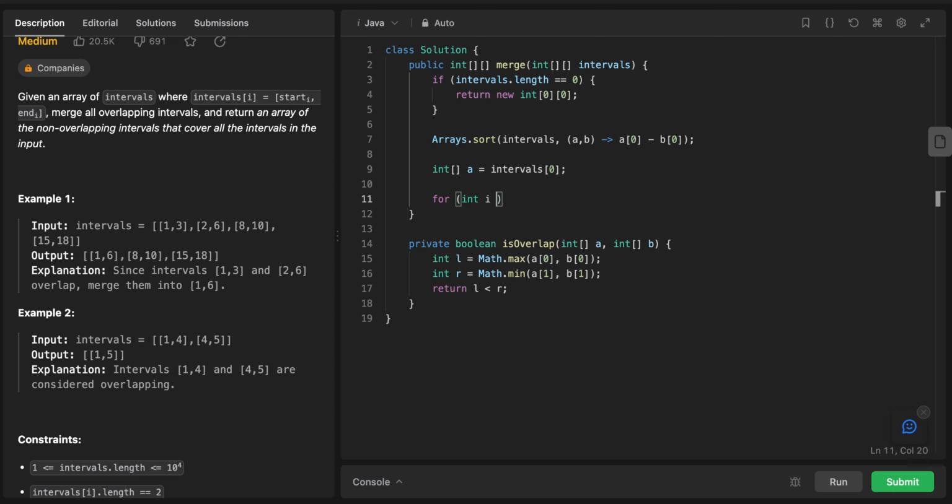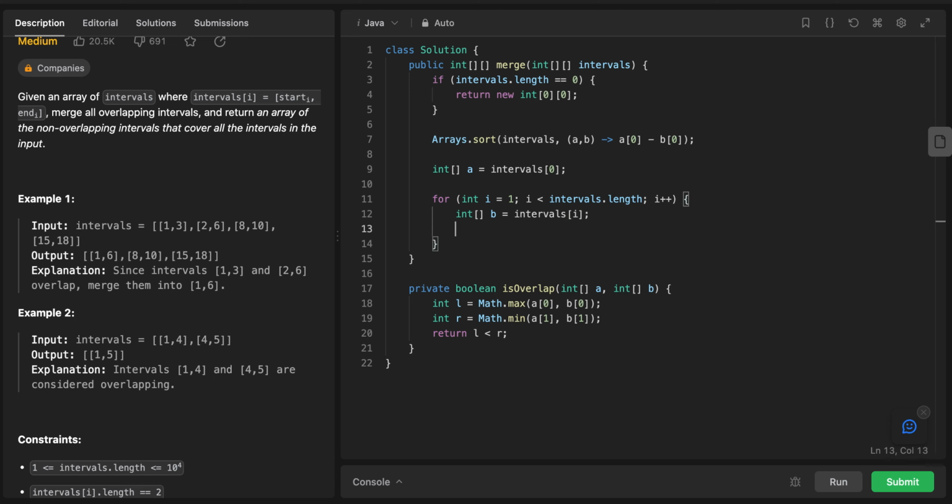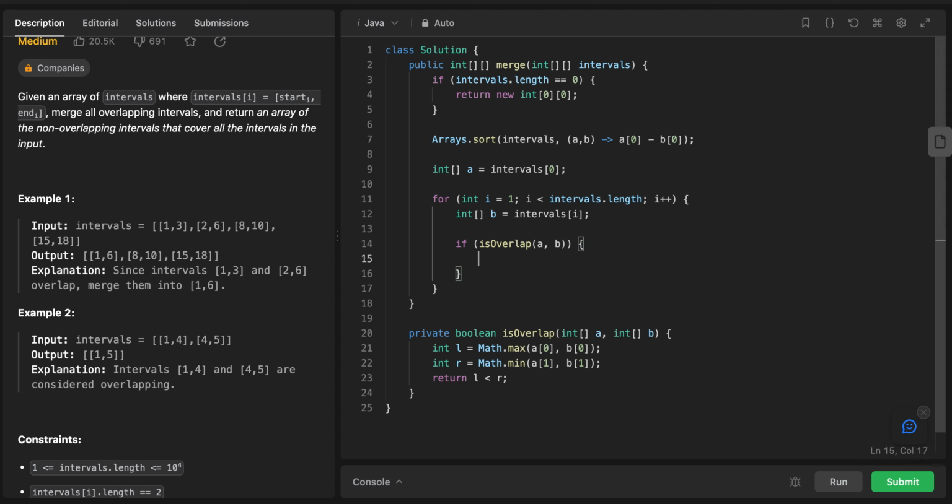Now let's go over our loop. We can actually do it index based, because we took care of the 0. Now we're starting from 1 until intervals.length, i++. Now let's get our second interval, which is coming from intervals[i]. What we are going to do is check our isOverlap method, passing A and B. So if it overlaps,